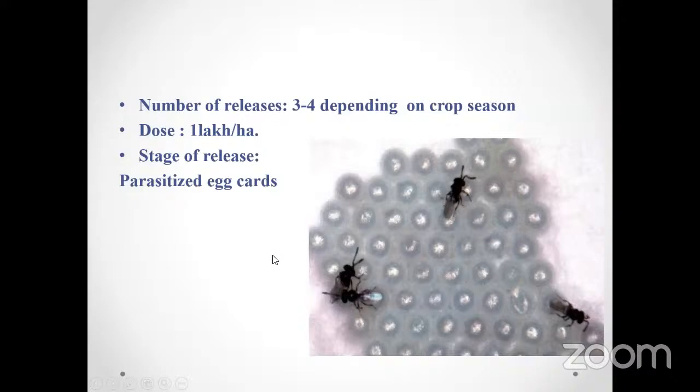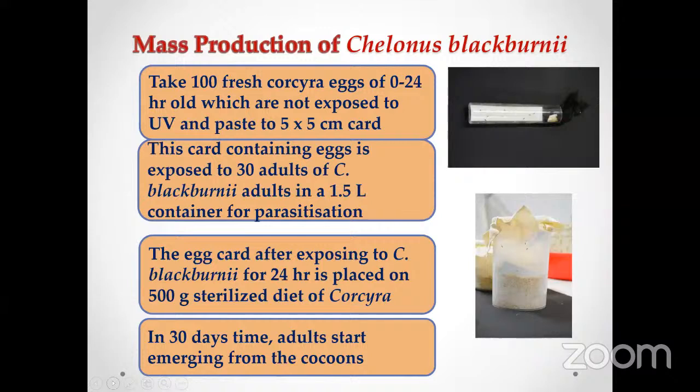on the lower side of the leaves. So 100 fresh Corcyra eggs we will take, and we will not expose them to UV light. Here we will use only the fresh Chelonus blackburni adults. Here you can see the Chelonus blackburni adults, the black wasp, and this is the card we have